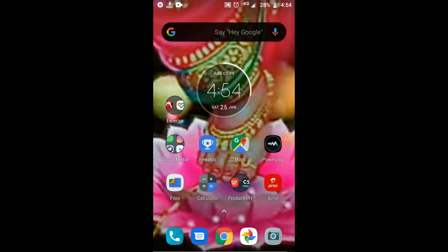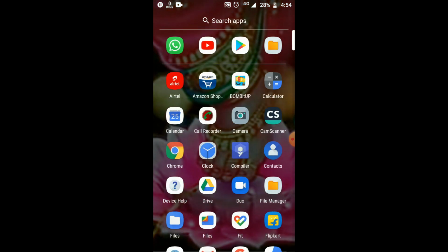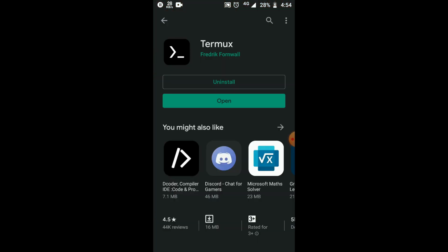Hello guys, today I'm going to show you how to use terminal shell on Android phone. Let's get started. Open now the app